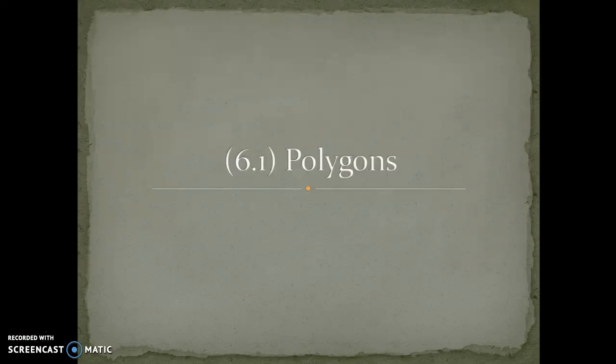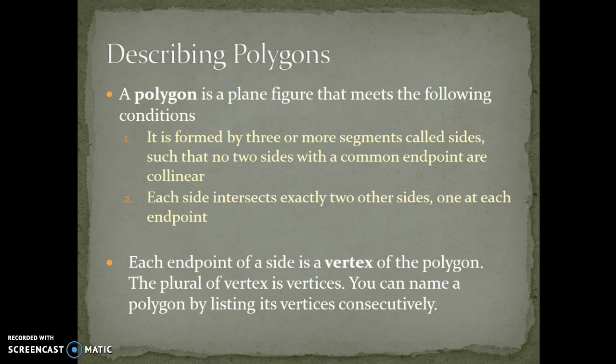Okay, so the first section we're going to talk about in chapter 6 is polygons. So here we have the definition for a polygon. The important parts are that it's formed by 3 or more segments. So remember, the segment means a straight side. All right, and that they intersect exactly 2 other sides at the endpoints, meaning they're not going to crisscross or